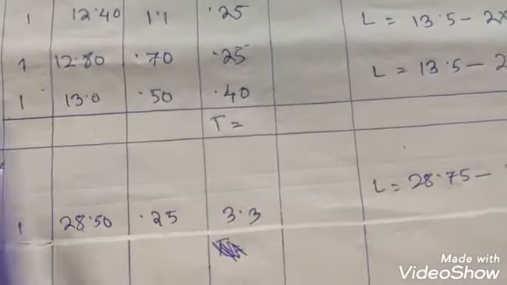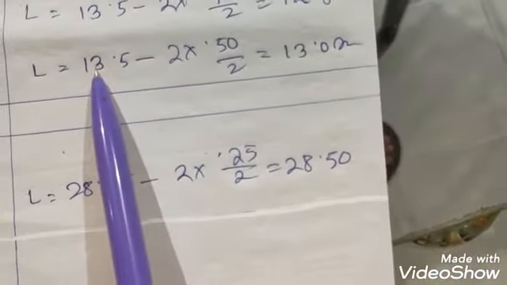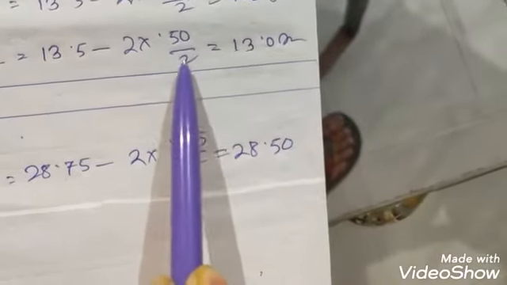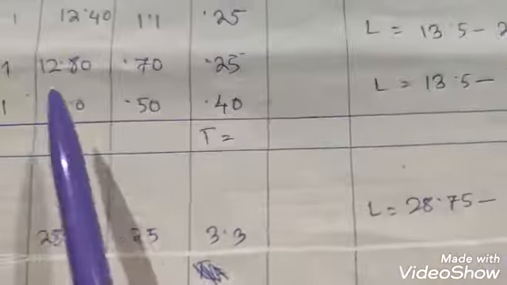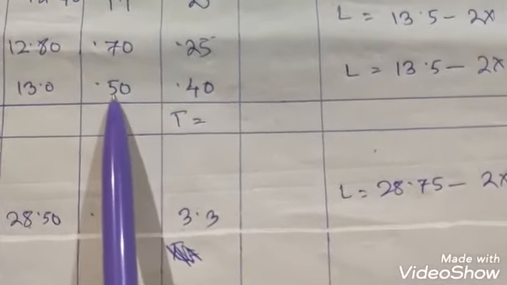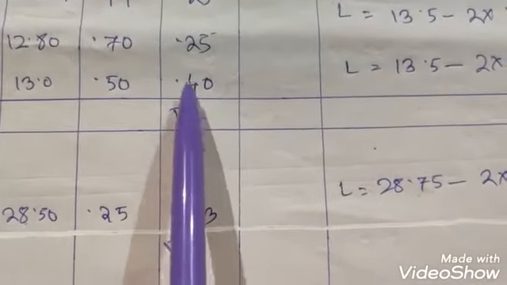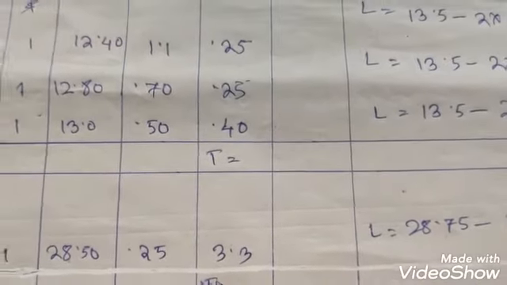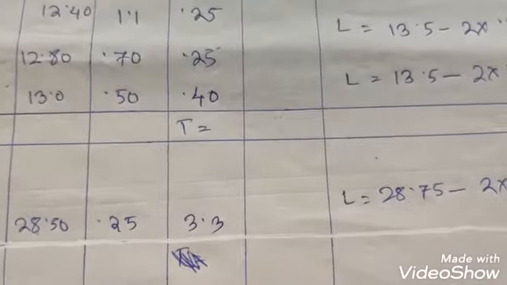Then come to the plinth wall. Again, center to center length of the veranda walls minus number of junction for the veranda into breadth of the plinth wall. Breadth of the plinth wall is given as 0.5 divided by 2. This comes out to be the length. So 13 meter is the length, breadth is 0.5, and 0.4 is the height of plinth wall, just like the earlier case. Okay, so we'll find out the total quantity.